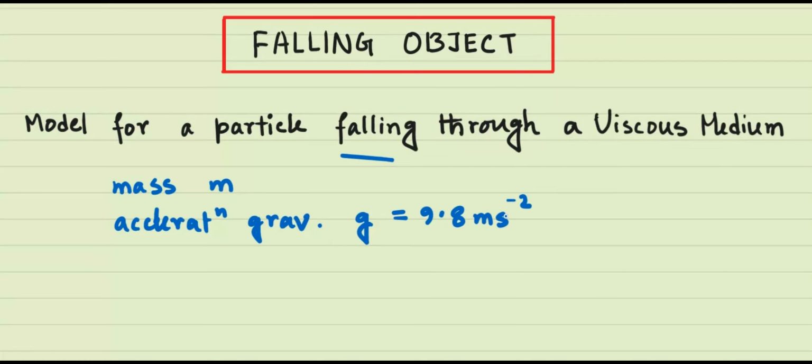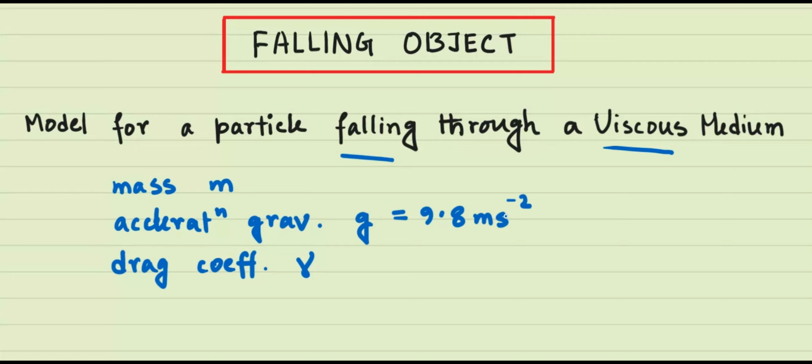Now, it has to take account of the viscosity of the medium, since it's not a freely falling particle. So there is viscosity in the medium, and whenever we have viscosity and a particle is moving through such a medium, it will experience the drag force. And the drag force is determined by something which is called the drag coefficient. So the drag coefficient in this case shall be denoted by gamma,